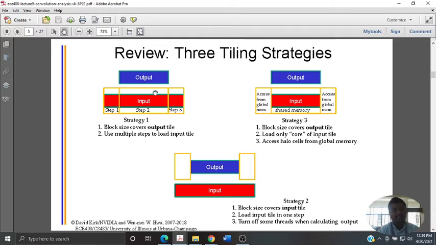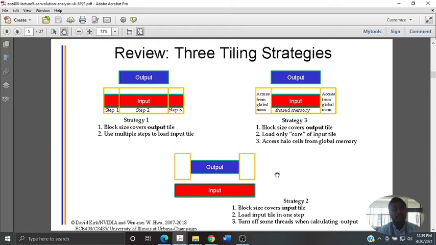Because the size of the output tile is limited, it's already visible that it is covering multiple steps to load the input tile. That means you want to access left halo elements and then right halo elements, then load the inputs and go for computation. That's how code 1 was depicted in lecture 8. If you can recollect, again, you can go back. So please go back and read it.